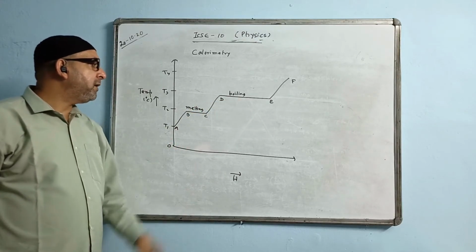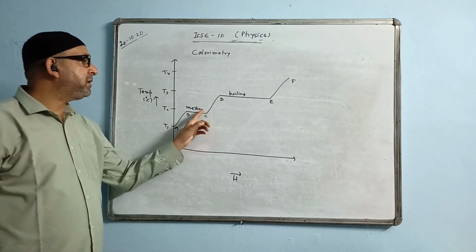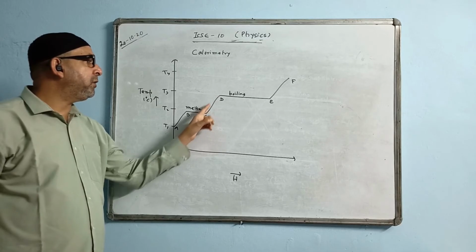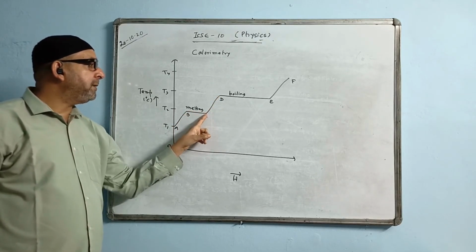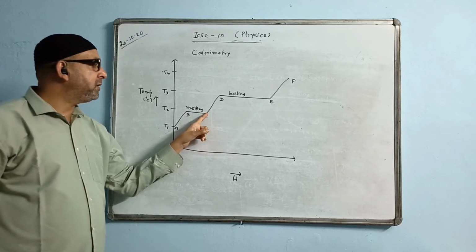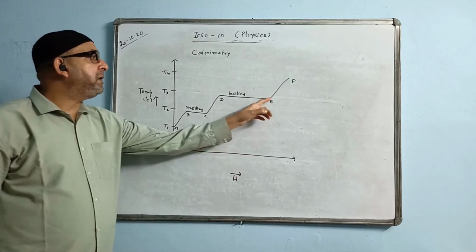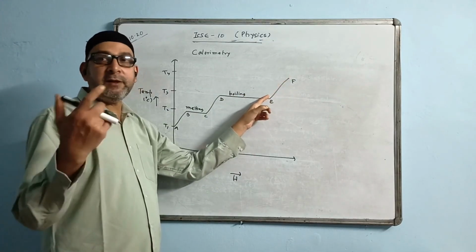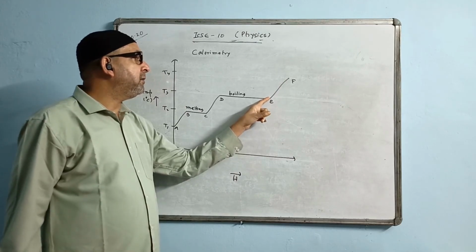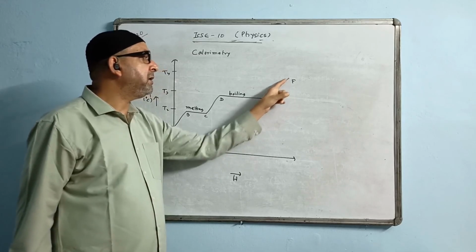Now the third question they are asking, what is the physical state of the substance in the region CD? We say this region C to D, it is in the liquid form, because solid now will be melting and will be changing into liquid over here. So the CD region represents liquid state. What is happening in the region EF? You say that this is gas or vapor state. You can say that the temperature of the gas or vapor is increasing in the region EF.